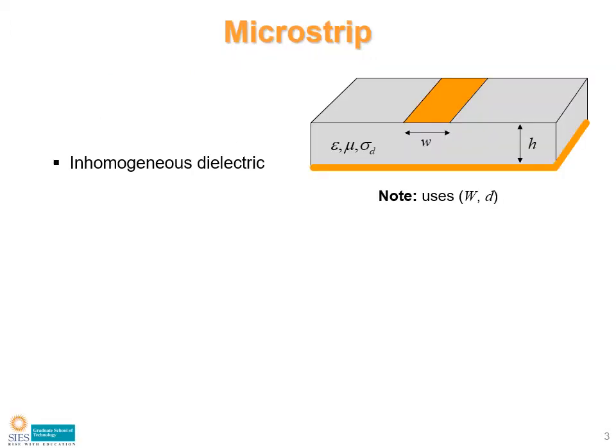So first of all, we'll see what is the structure of this microstrip line. This microstrip line is a three-layer structure. The upper conducting path is called a microstrip line. It is deposited over a dielectric substrate having the height equal to h, and this dielectric substrate is supported by a ground. So it is a ground based dielectric substrate.